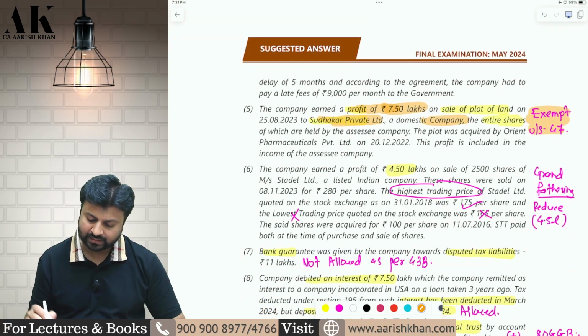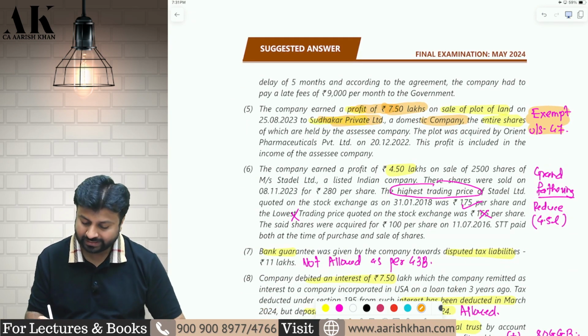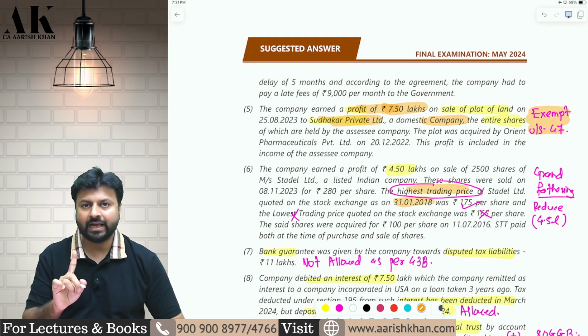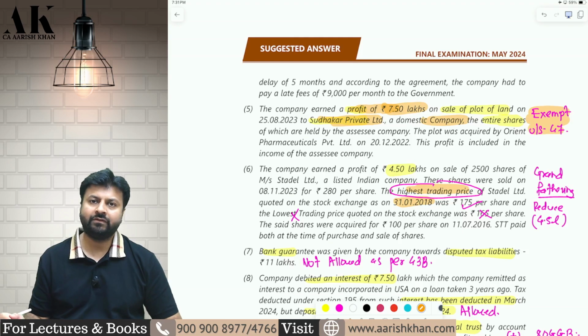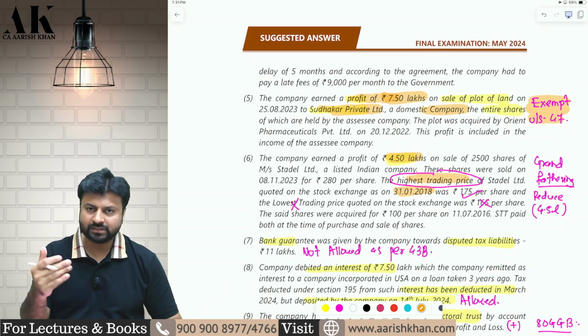Next one is again a grandfathering clause. In the grandfathering clause, what you do is take the highest price on 31st January as your fair market value. Grandfathering I have already discussed in the earlier point. So remove this 4.5 lakhs and show the highest price as your